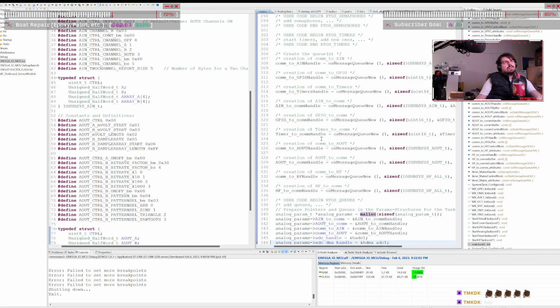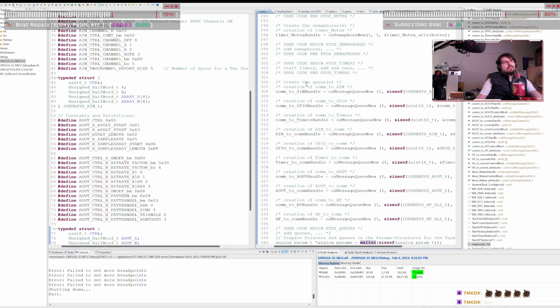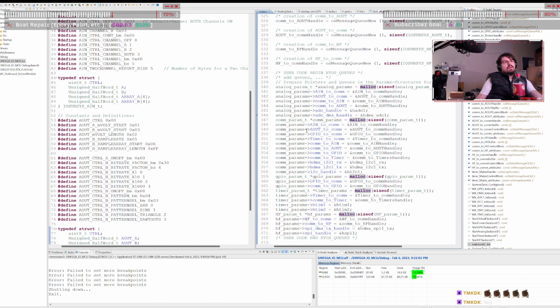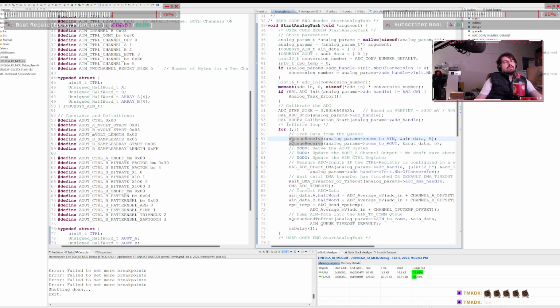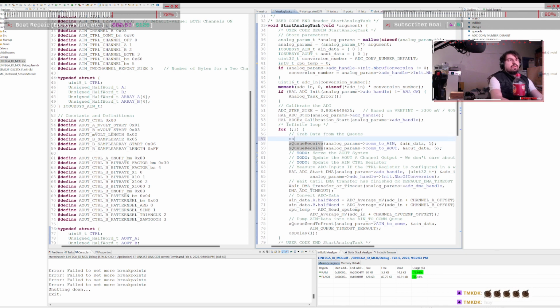Oh, wait a second. So, this is how it's being created here. And I'm using XQ receive. Is there OSQ get message pointer? Okay, let's try it with OS message get analog params dot COM to A in